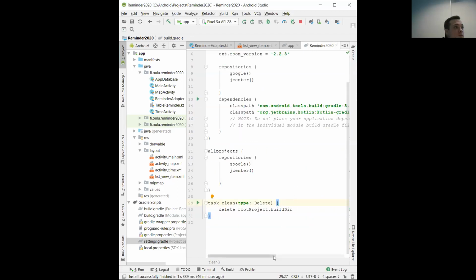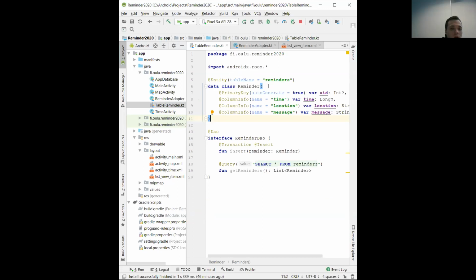We need to have a constructor for the data class. You're using, I guess, curly brackets, aren't you? Yeah, this is